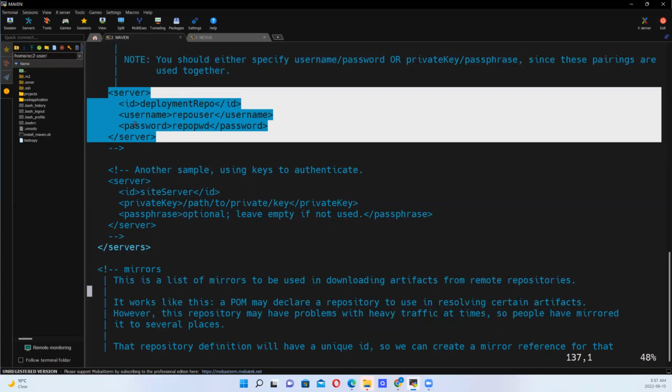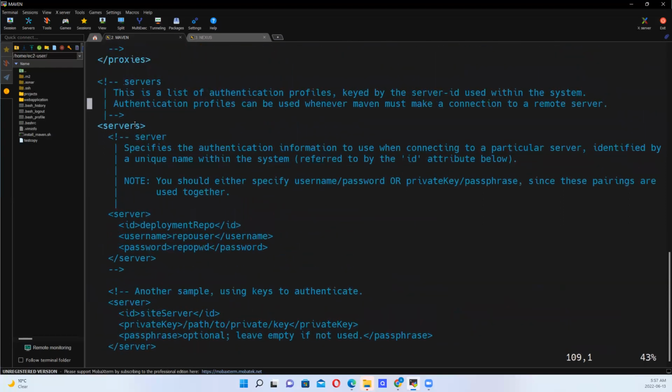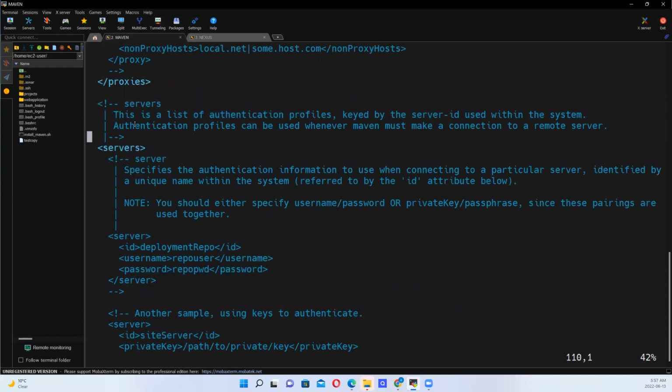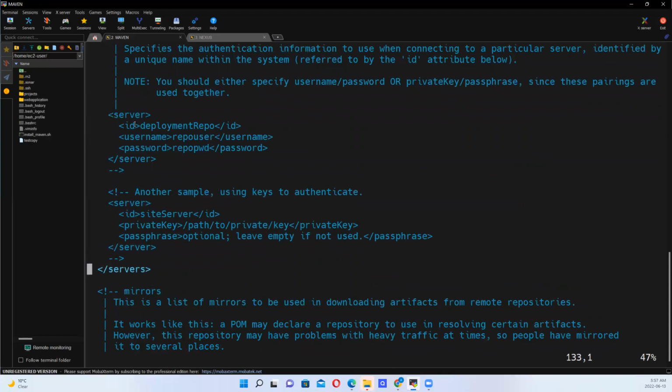the part that is commented, right? But I still want to find myself within the server, right? See the server tags, right? See, it opens here with comments and it goes all the way down and closes here, the comments, right? Closes here. So I want to find myself somewhere in between, right? I want to find myself somewhere after this closing and copy all those details that we have there, these good